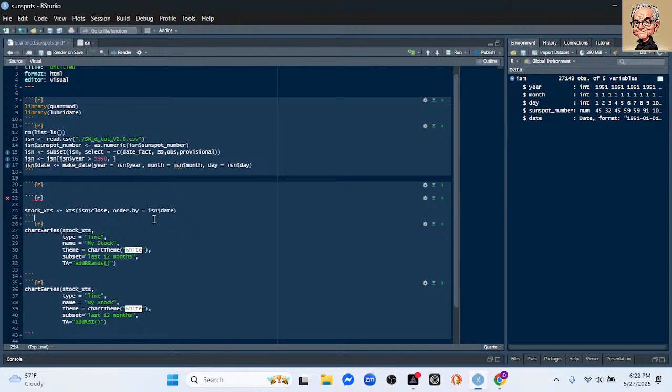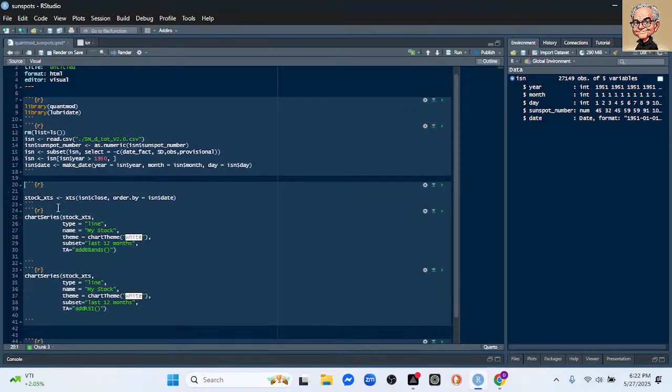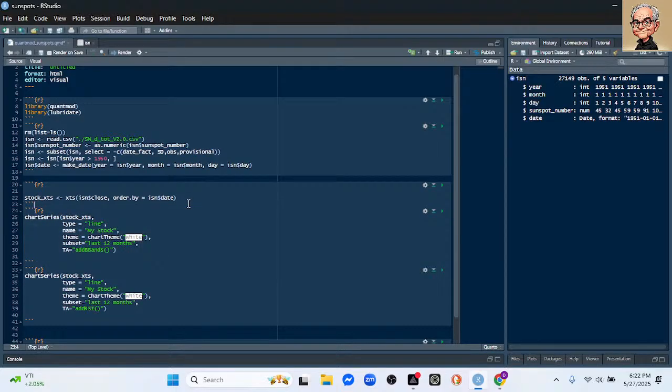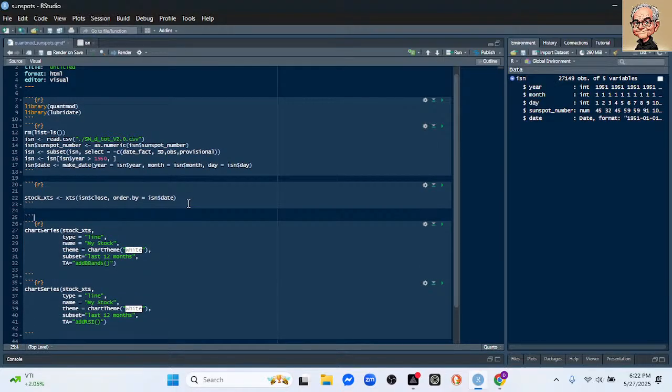So now at this point, the next thing we want to do is, right? So we've got a line plot. So now let's do